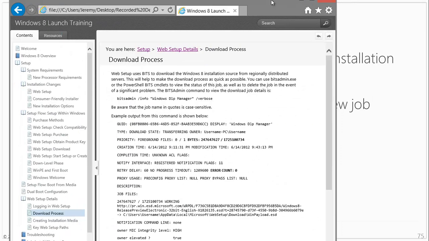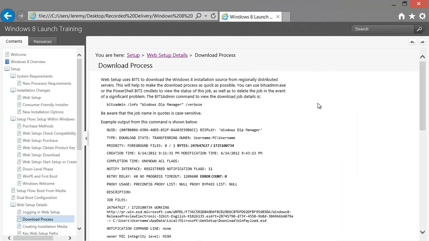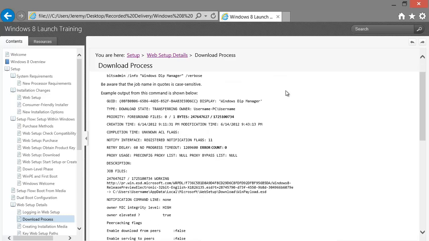Here in the web version of the training, you see a sample of what happens when you run bitsadmin /info "Windows DLP Manager", which is the name of the BITS job used for web setup, /verbose. It's just showing us an example of what that bitsadmin command looks like, who the owner is,